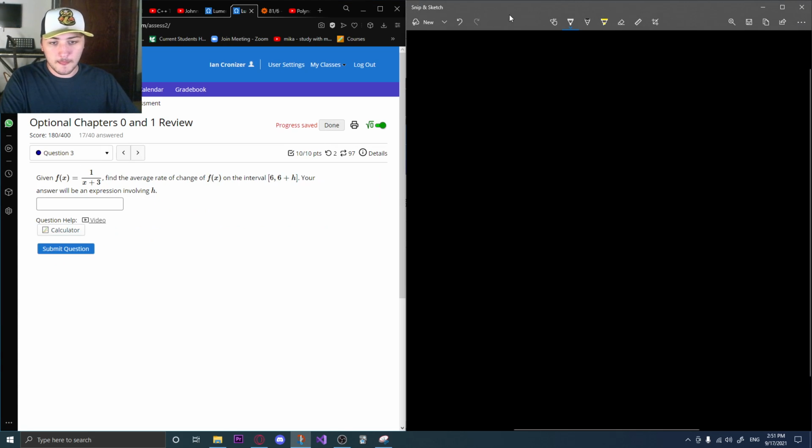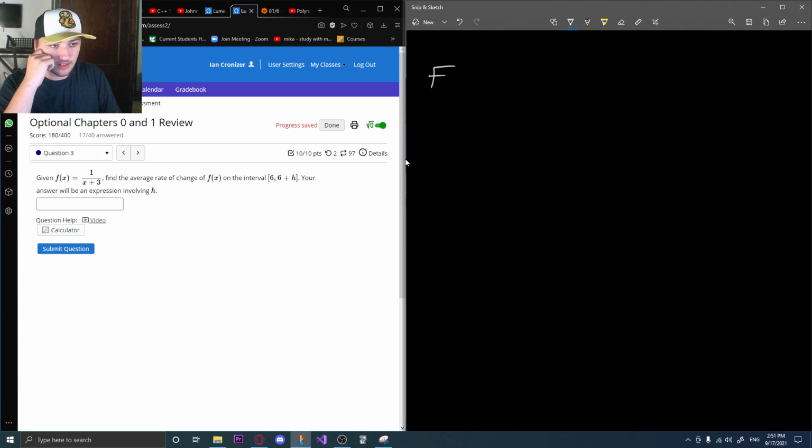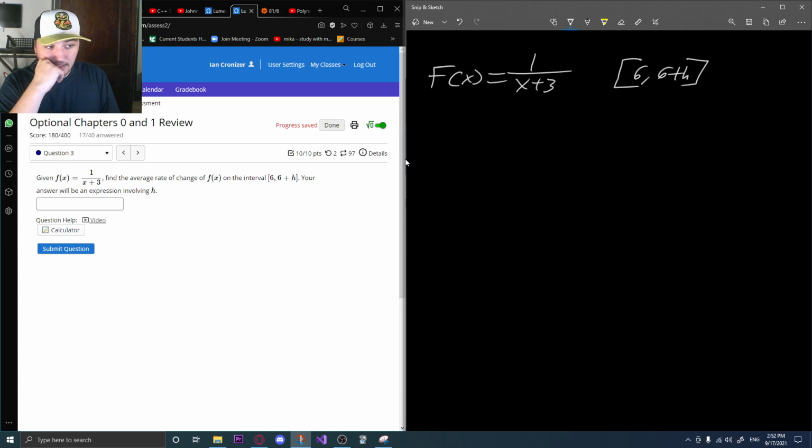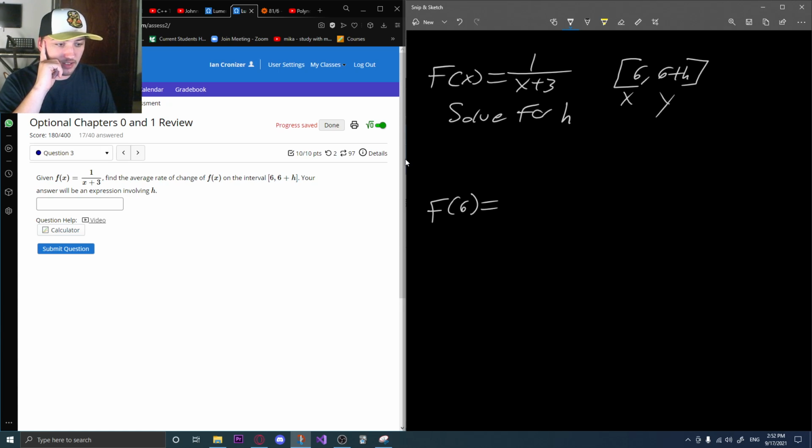A similar question. Okay, given f of x is 1 over x plus 3, find the average rate of change in the interval 6 and 6 plus h. Solve for h. Okay, so it's going to be x, it's going to be y. So f of 6 is 1 over 6 plus 3, which is 9. It's 1 over 9. F of 6 plus h